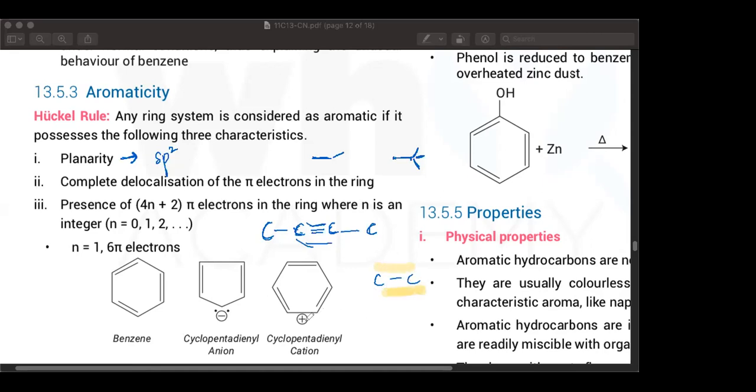And when we are talking about sp3, we are talking about just a single bond. Single bond only. That is a sigma bond, it's not horizontal. Again, it's a tetrahedral structure, so all of them are going to be in completely different planes. But in the case of sp2, all of them are in the same plane. So it allows for the pi electrons to line up nicely above and below that plane.